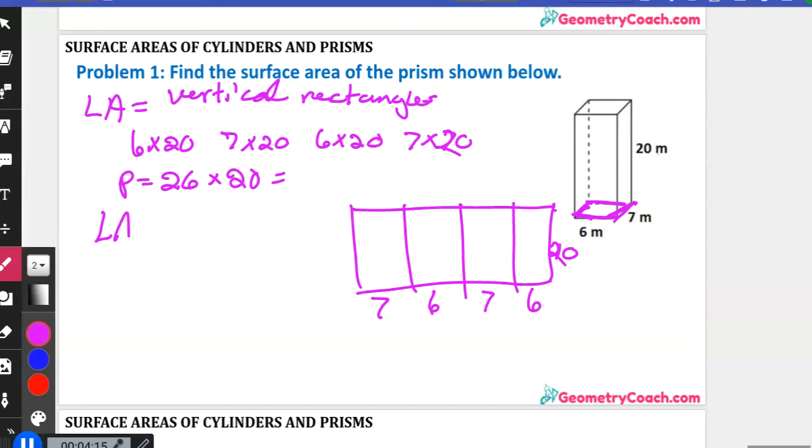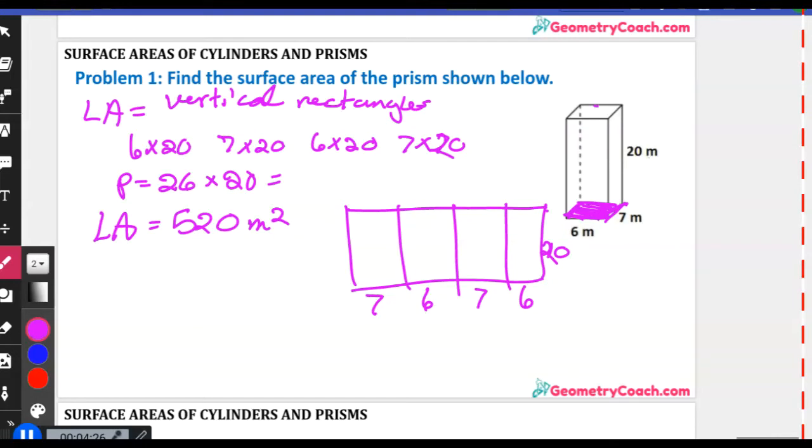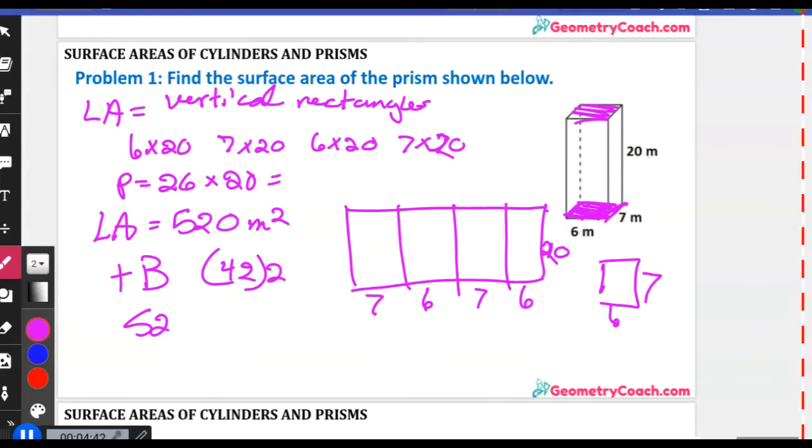So my lateral area is going to equal 520 square meters. Then I need to find the area of the 2 bases. Each one of those was a 6 by 7 rectangle, so that was 42 each, times 2, so that I've got 520 for my lateral, plus 2 42s, top and bottom. So 520 plus 42 plus 42 equals a surface area of